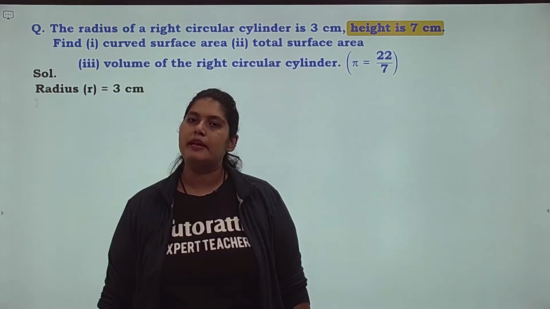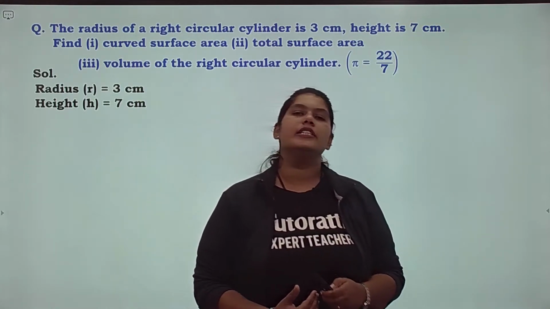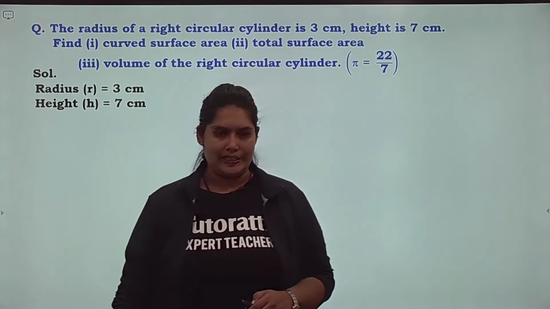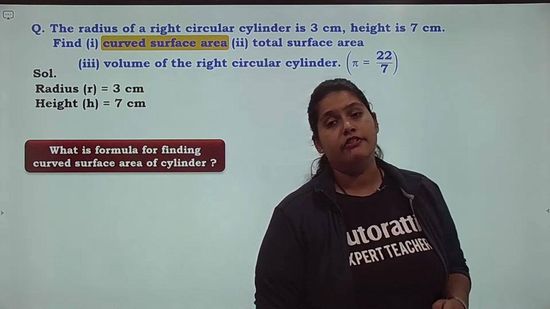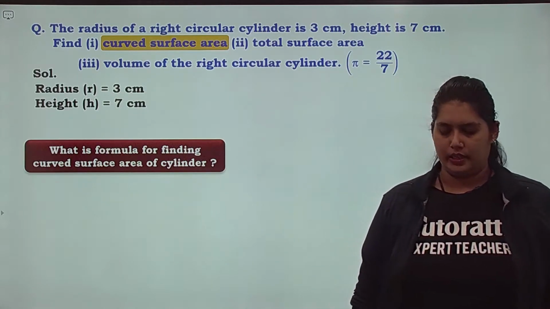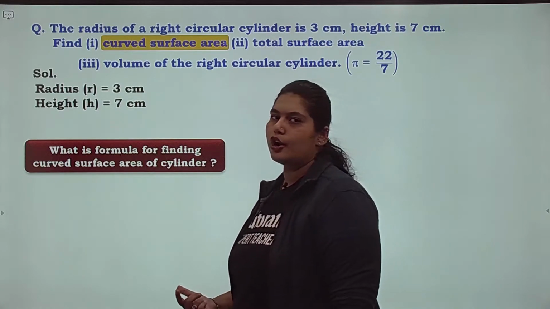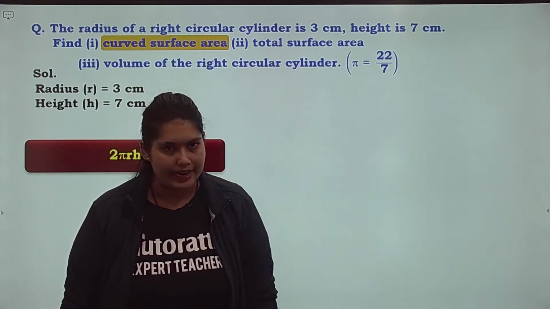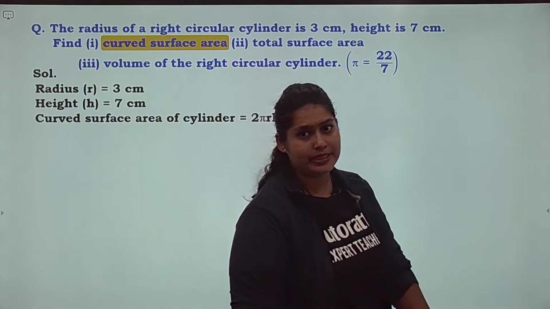ठीक है? तो सबसे पहले तो we will start writing whatever is given to us. Because once we know what we have, we can reach our final answer. तो radius लिख दिया. हमने height भी लिख दी. First question is curved surface area. सीधा formula based question है ना? तो formula of a curved surface area क्या है हमारा? 2πrh. तो हमने formula लिख दिया. इसके हमको थोड़े से marks मिल जाते हैं.